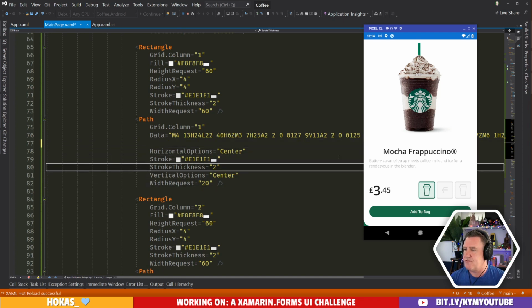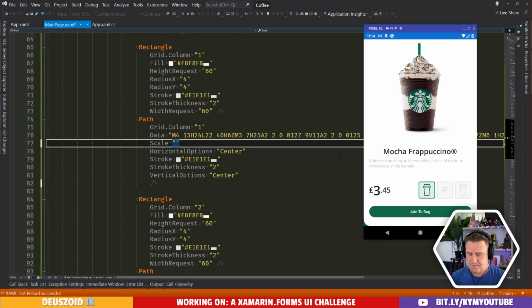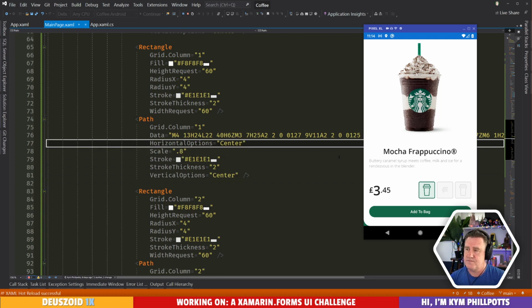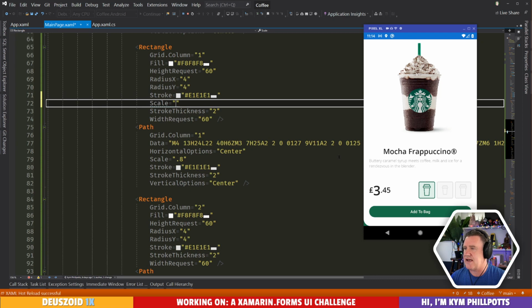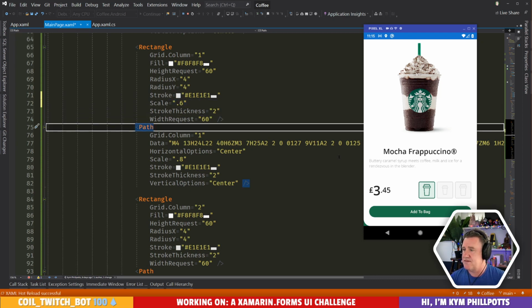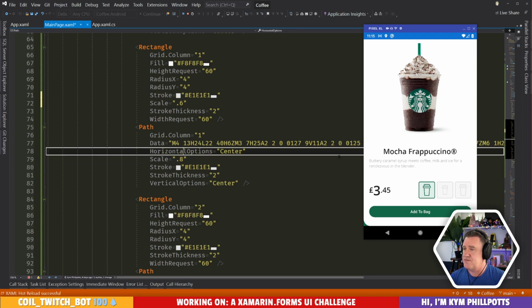So maybe that's what we need. Maybe that's what we should be doing. We should be saying scale of say 0.6. Oops, not that one.